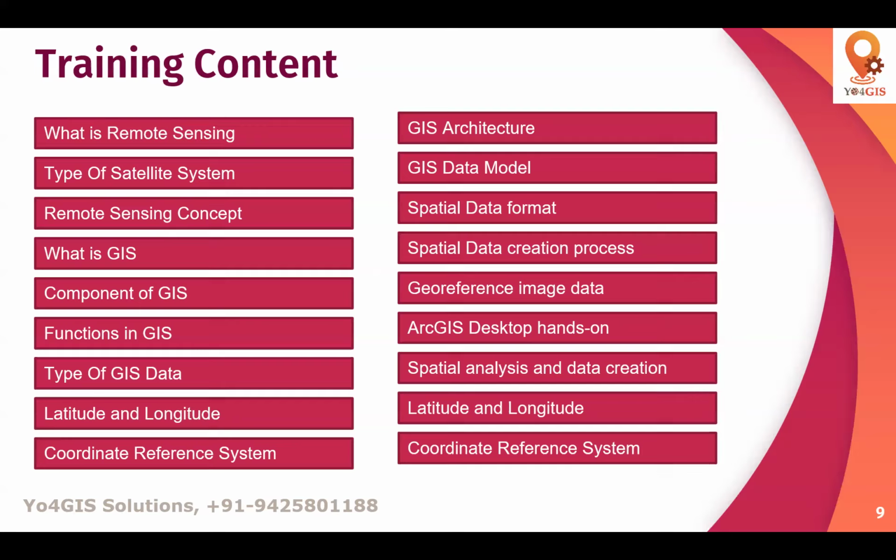Once we are done with the coordinate system, after that we will show you the meaning of georeferencing, and how we do georeferencing using QGIS and ArcGIS Pro. What is the GIS architecture, the GIS data model? What are the different formats of spatial data we have? Spatial data creation process, georeferenced image data, ArcGIS Desktop, spatial analysis and data creation, latitude and longitude, and coordinate reference